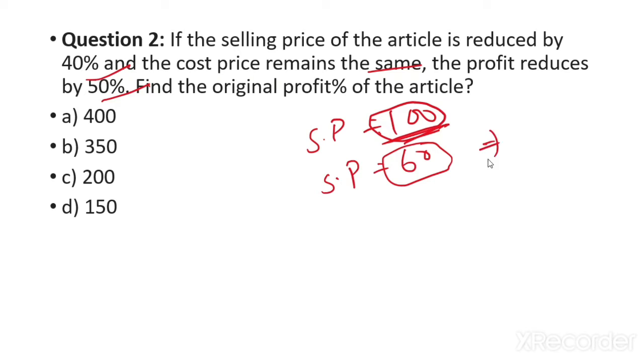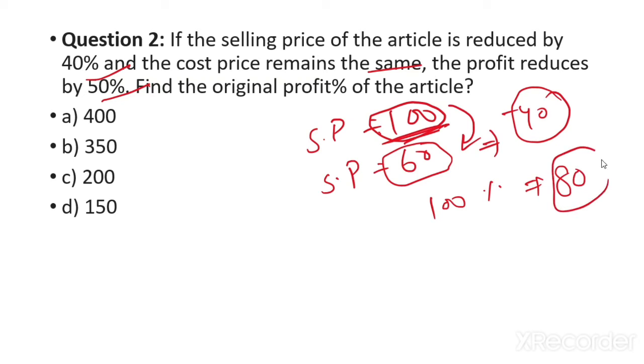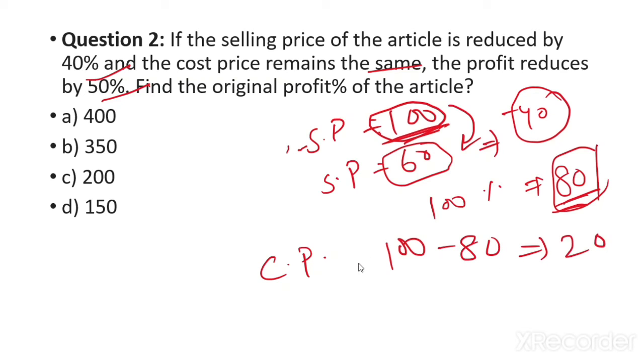What does it mean? प्रॉफिट कितना कम हो रहा है एक्चुअल में? 100 - 60, 40 हो रहा है. ठीक है, यही 50% है, तो टोटल 100% कितना होगा? 100% 80 होगा। 100% प्रॉफिट 80 है। तो हम CP निकालेंगे कैसे? 100 माइनस 80, 20 आएगा CP। ठीक है, CP 20 आ जाएगा, क्योंकि हमारा प्रॉफिट आ रहा है 80।